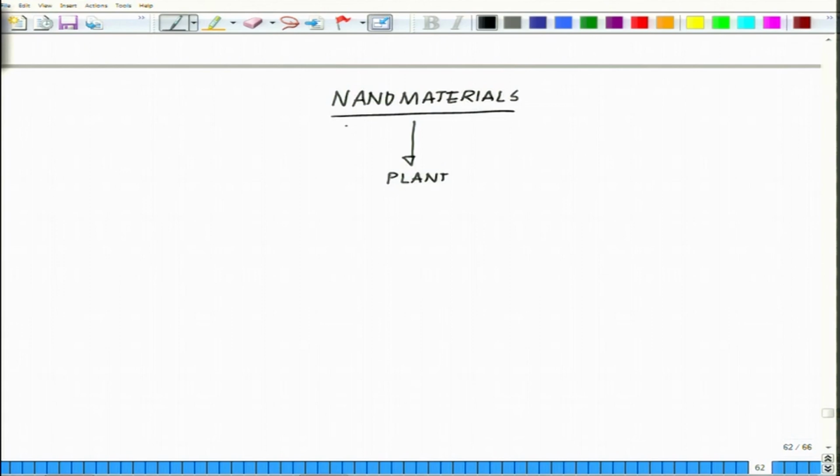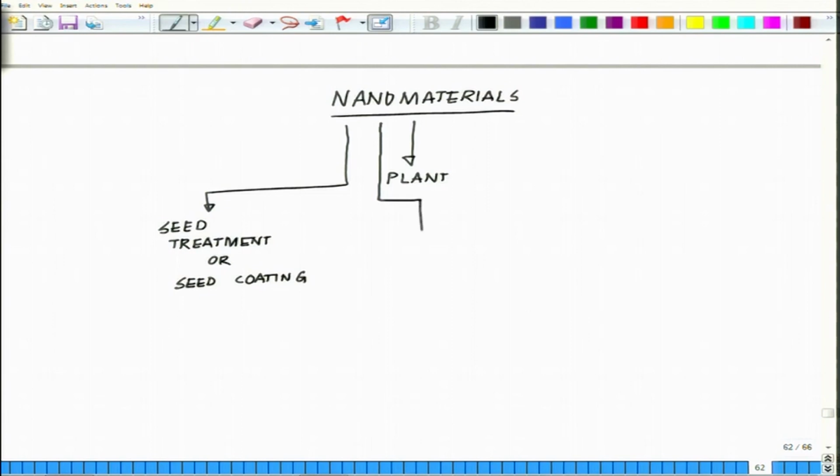As we have discussed, there are different stages where they are being used. Either they are used as seed treatment or seed coating is one aspect. The second aspect is mixing in soil